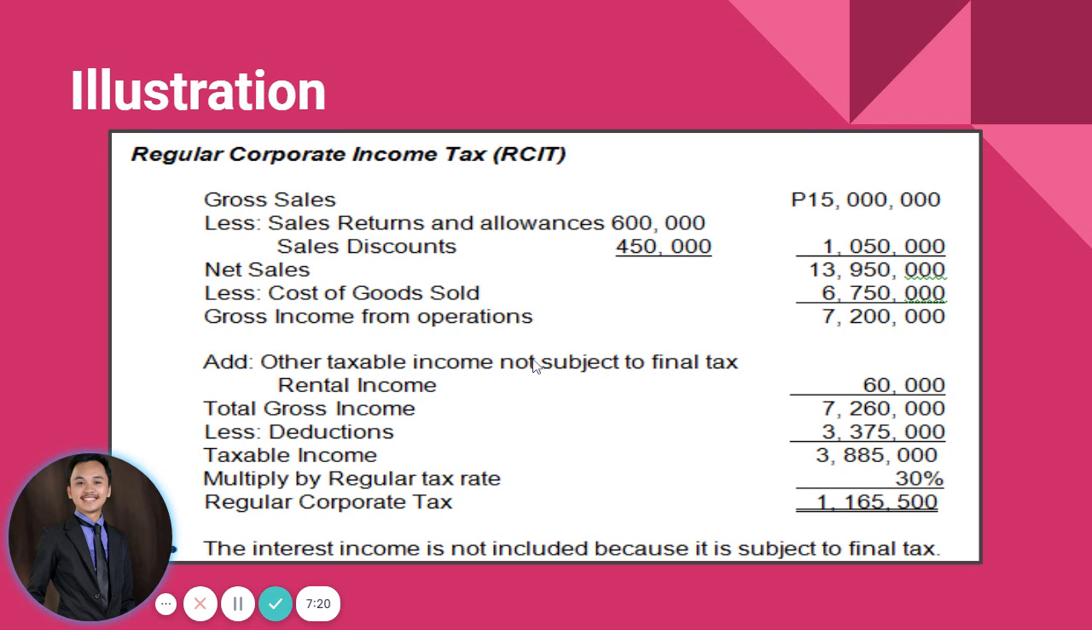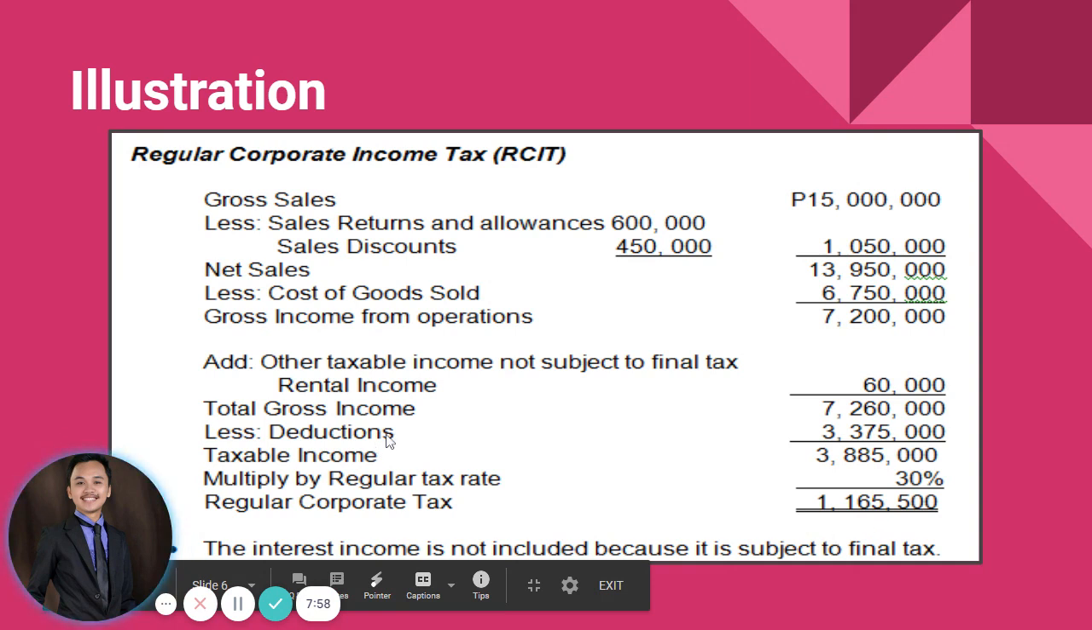Add our other taxable income, which is not subject to final tax. So in that case, we have rental income of 60,000. So therefore, we have a total gross income of 7,260,000. Less deductions, guys, of 3,375,000. So therefore, your total taxable income will be 3,885,000. Multiply it by the 30% corporate tax rate. Therefore, your regular corporate income tax is 1,165,500. Okay, under RCIT, your corporate tax will be